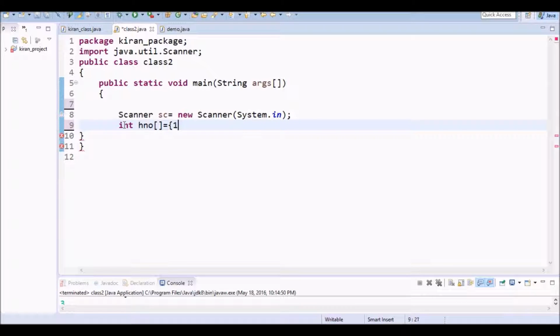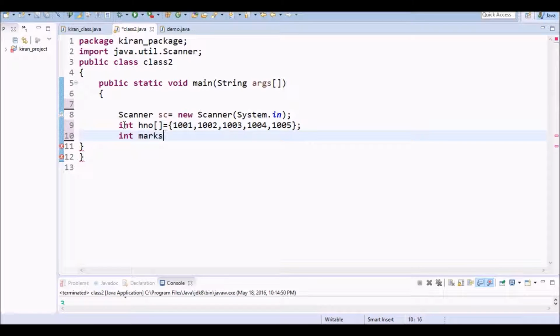I am assigning 1001, 1002, 1003, 1004, 1005. So this is one matrix. I am taking another matrix like this: 100, 200, 300, 400, 500. These both are matrices.